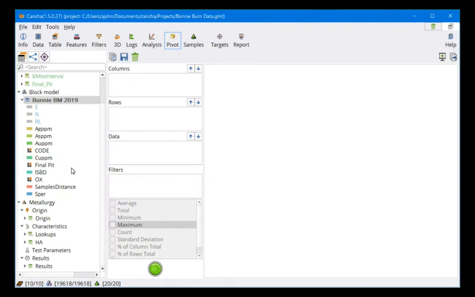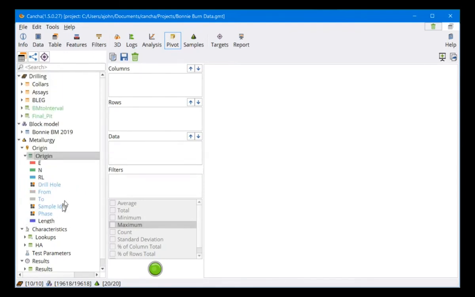Now, it's also useful to use things like lookups. So for example, if we've got sample ID as the rows, which is a very common table to use, and we can ungroup them. So here, some of the options we've got are grouping and ungrouping, but maybe we want to do it by phase as well. But phase should be before sample ID, so I'll just use the arrow here to bring that up. We don't want that to be grouped either, so we'll have it by phase, by sample ID, and maybe